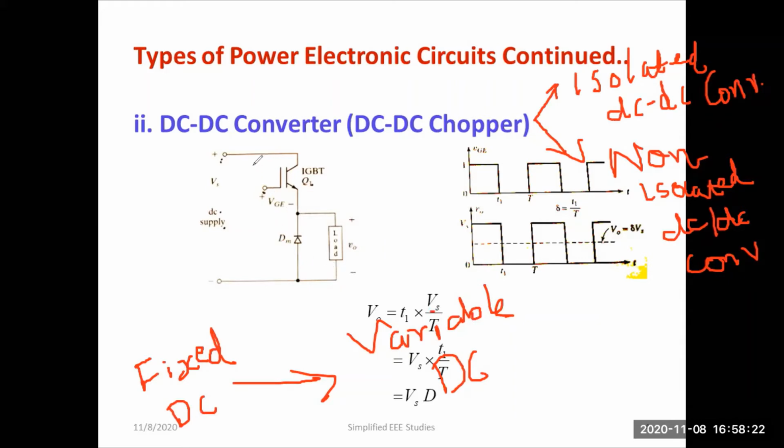The main heart, or main component, of a DC-DC converter is the power switch. It may be either a power MOSFET, power IGBT or power BJT. Depending on the requirement or application, you can choose the switch. So this is the heart of the converter: the power MOSFET or power IGBT. Generally you can call them power switches.